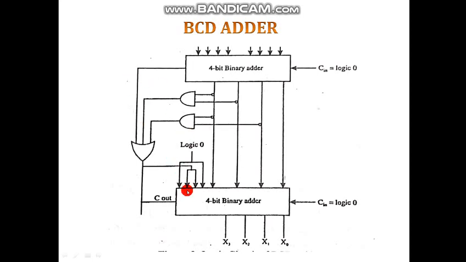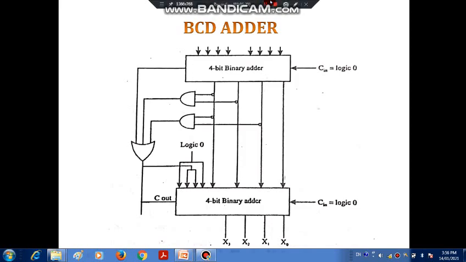So you observe here that a particular provision has been made for 6. The resultant 1 will come here, so 0110, it means a total of 6 will be added in the number, and when 6 is added in a particular number, that number will be converted into proper BCD form. And in this way, this BCD addition will be performed by using the BCD adder, and in this way this BCD adder will work. Okay, thank you very much.